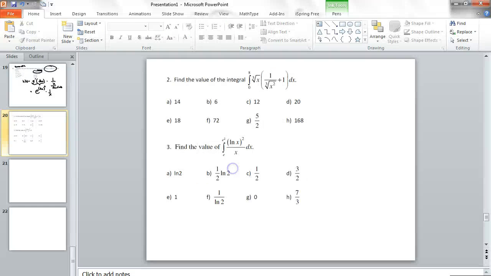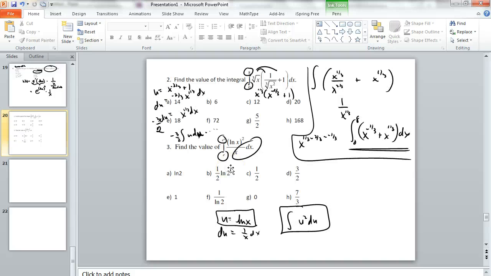Also remember, we have to be able to draw functions